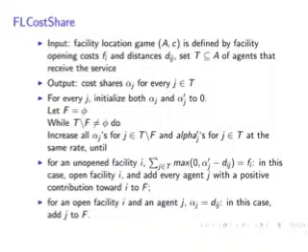First, for an unopened facility i, the summation of the maximum of 0 and alpha j minus Dij, summing over all j in T, is equal to Fi. So in this case, we open facility i and add every agent j with a positive contribution toward i to F. Now for the other cases: